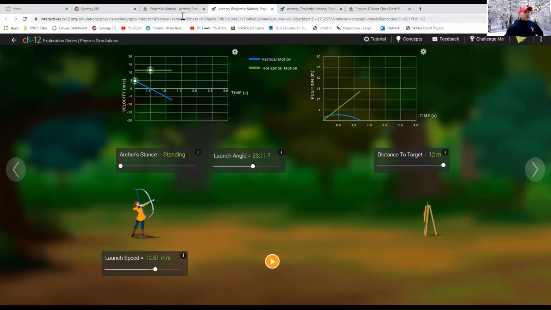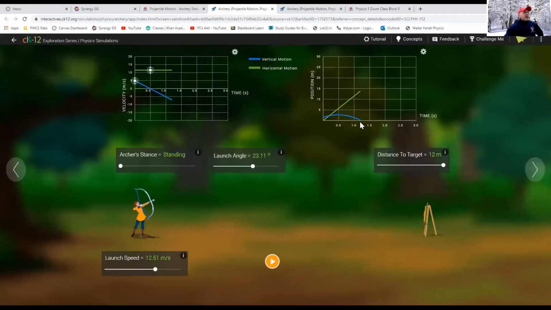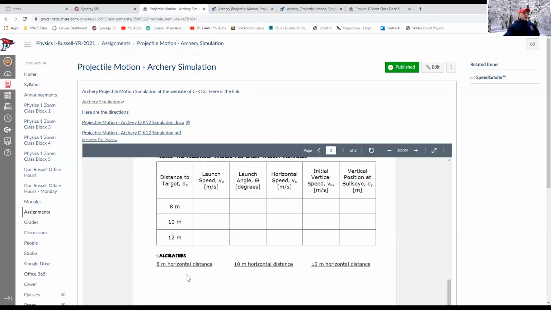And then the other thing it asks for is the vertical position at the bullseye, so dy. That's what I showed you before, but it went away. So obviously it changed a little bit on me here. But if I click on that, it's 1.4. And then that's a good set of data. Then use the range equation to see if you get that set of numbers to be 8 meters. And then try the 10 meters and try the 12 meters. Okay, so I know we don't have